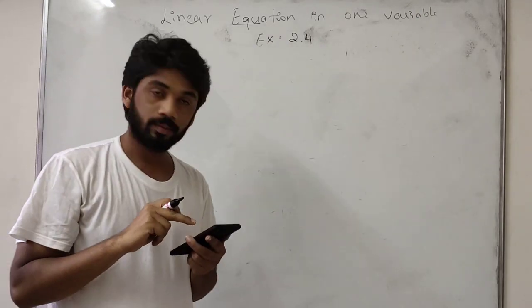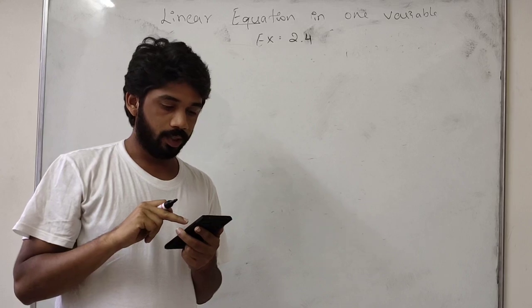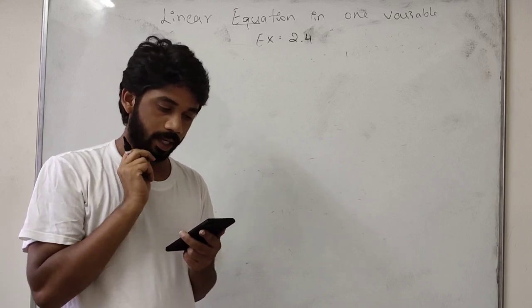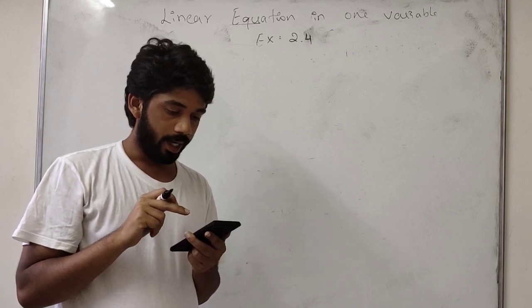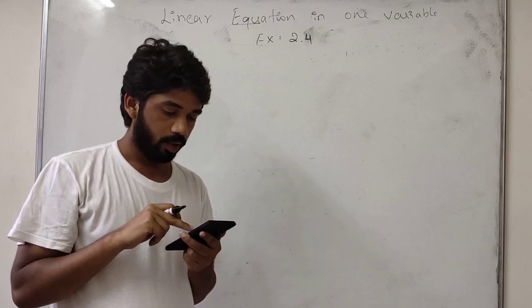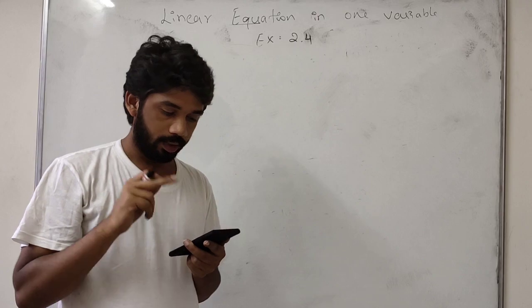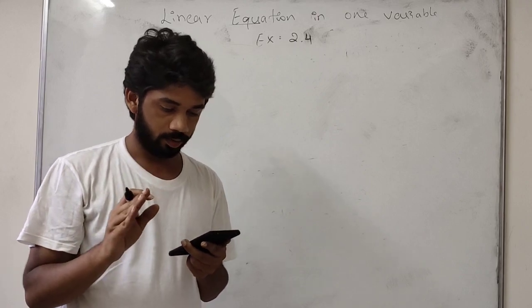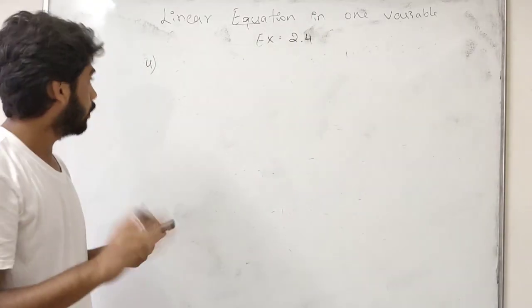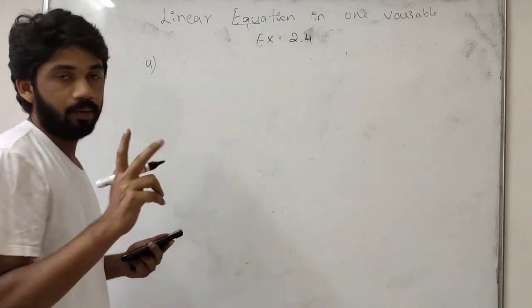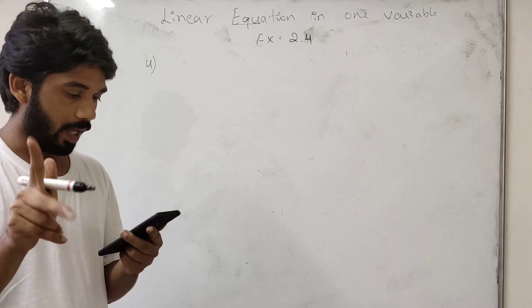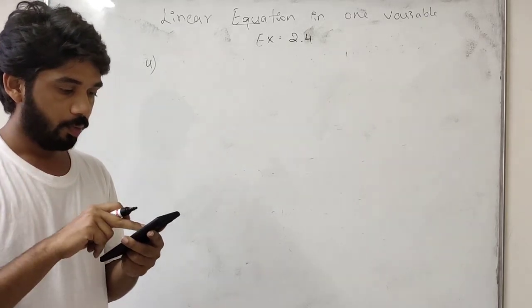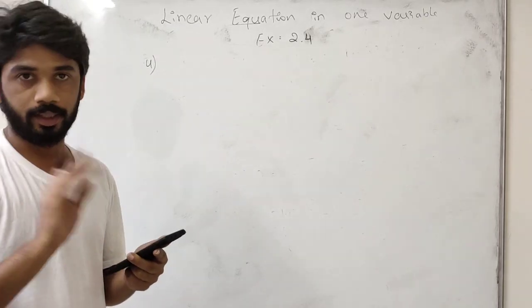One of the digits of a two digit number is three times the other digit. If we interchange the digits of this two digit number and add the result to the original number, you get 88. What is the original number? So students, now we have a unit digit and a tens digit. Let the tens digit be x. The unit digit we have to take as 3x because it is given as 3 times the other digit.